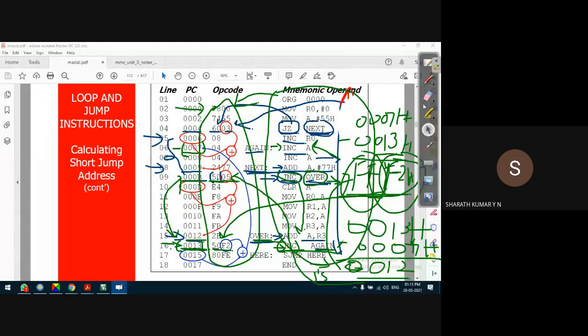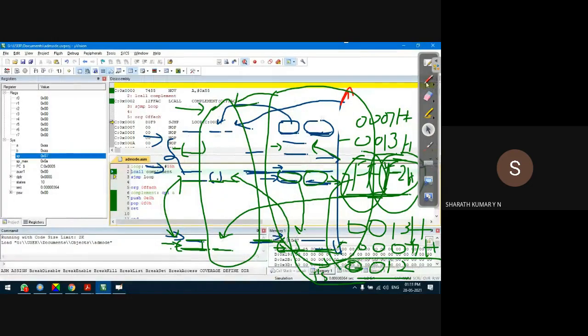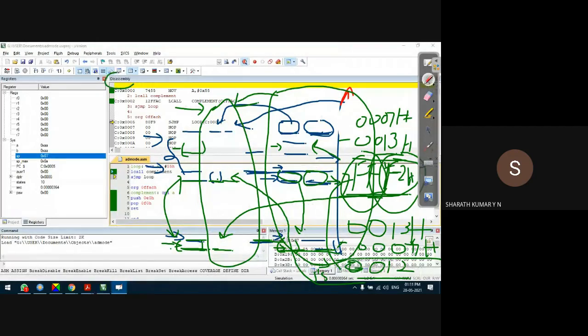And this operational code is what we see represented in the disassembly window of a Keil compiler. Okay, so you can see operational codes like this. These are nothing but operational codes generated by the compiler, which correspond to a particular instruction written in either assembly language or C language.